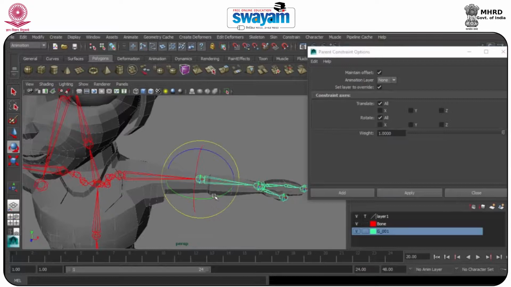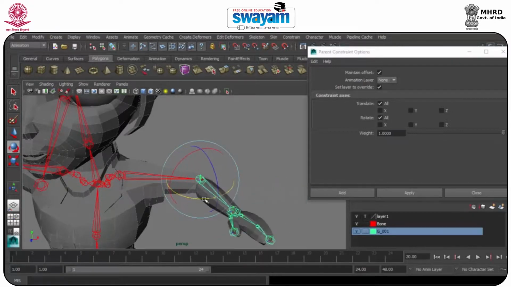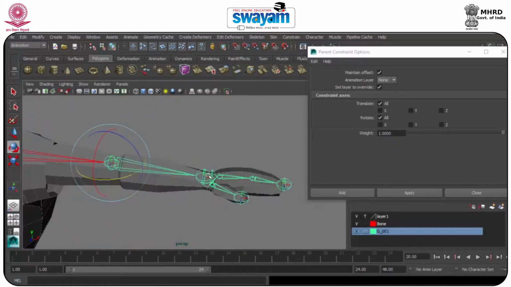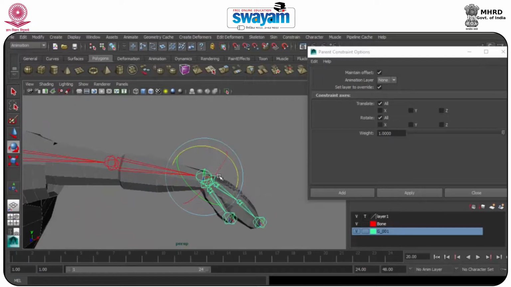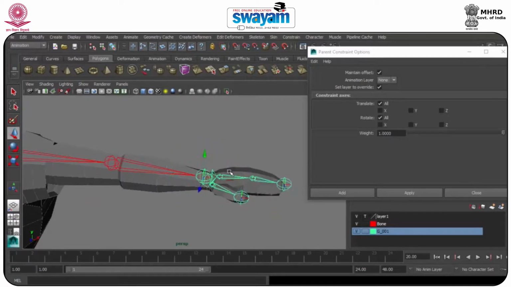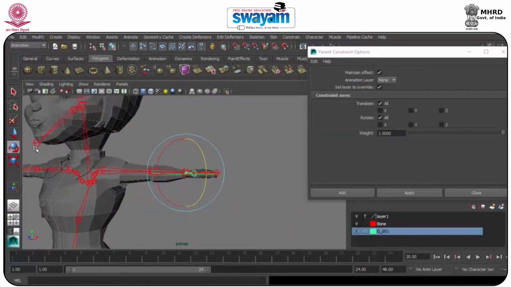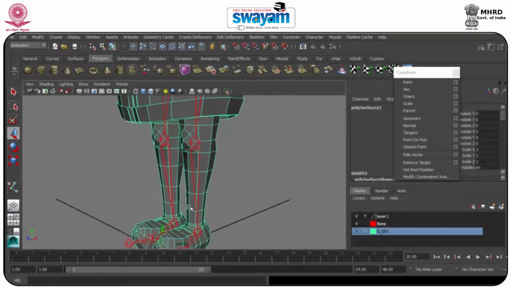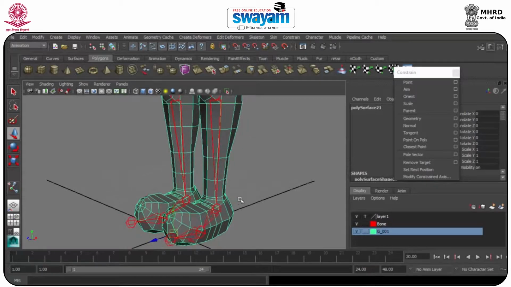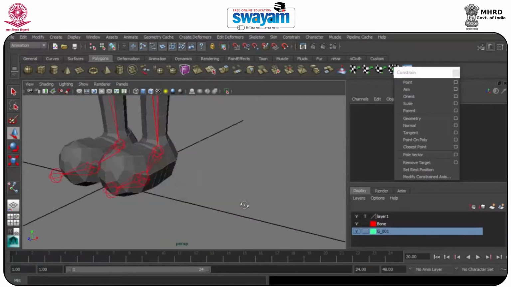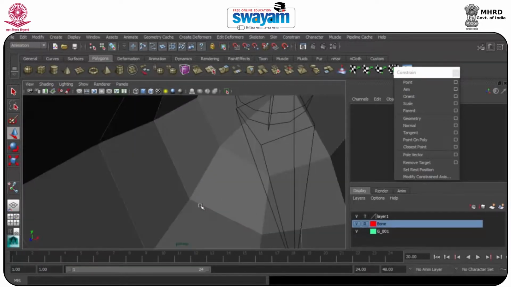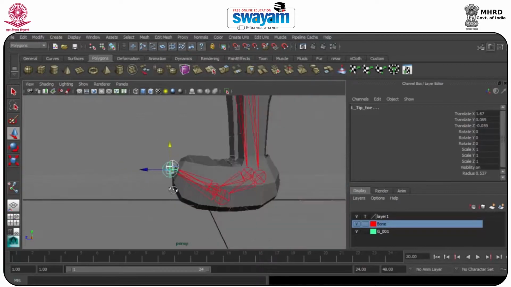Now you can see, if I rotate this, our whole hand will rotate, because it's generating some sort of cut movements. Like this I will animate the whole body, you can see here. So like this way I will make the whole body part like this. So I will make it as a reference. We'll move this upward a little bit.